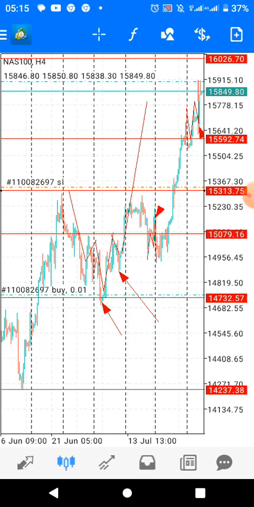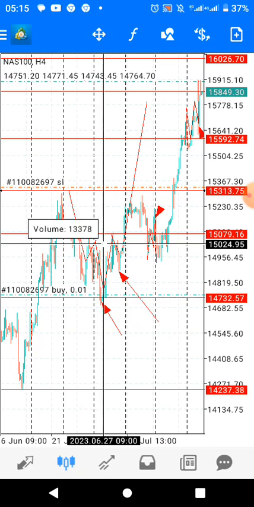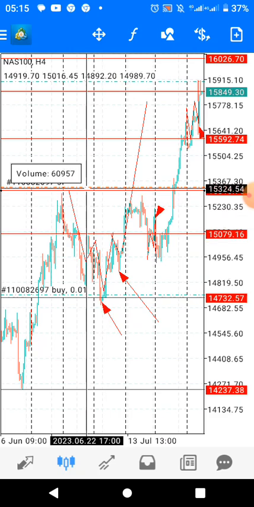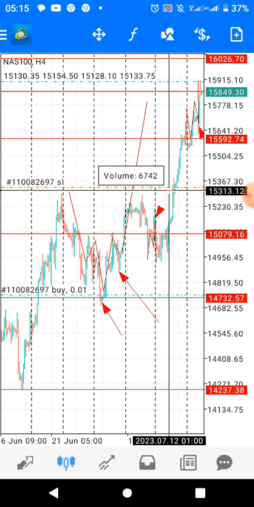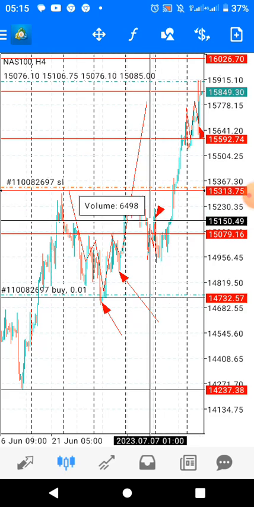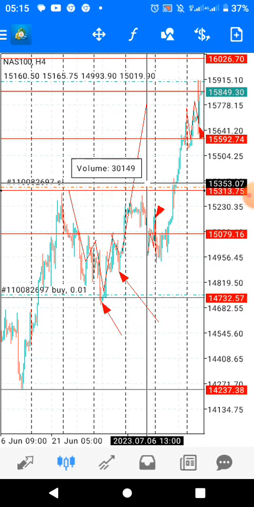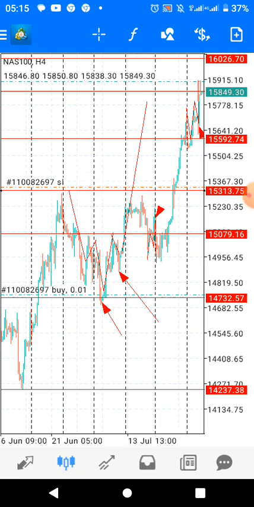And second of all, risk management. Your risk management must always be spot on. As you can see, guys, here I've already locked my profits just in case they come back and hit my stop here, but I'm still in profits even if they hit my stop loss. So your risk management must always be